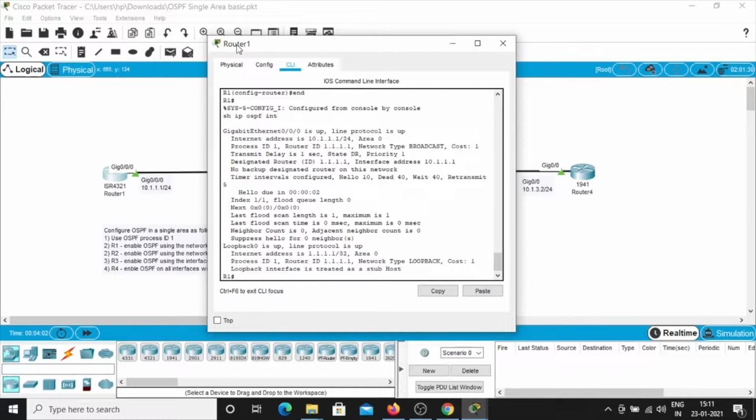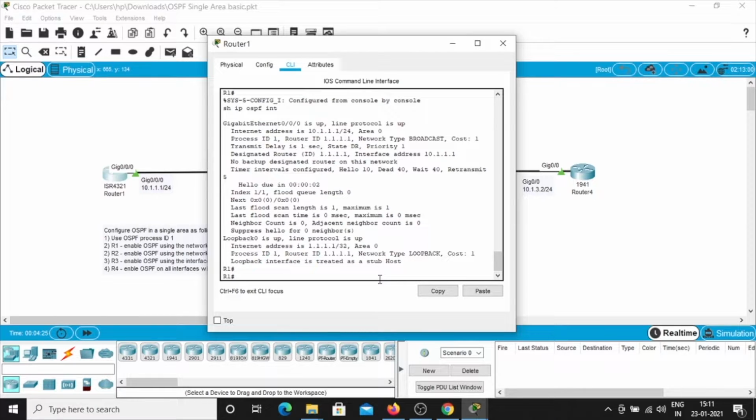See, it's showing internet address is 10.1.1.1/24 subnet mask and area is 0. And the router ID is 1.1.1.1 and the network type is broadcast.